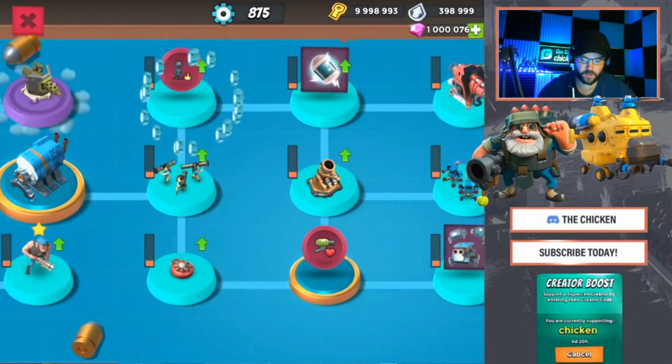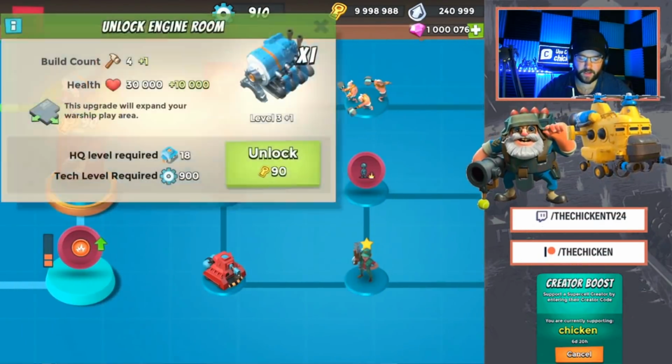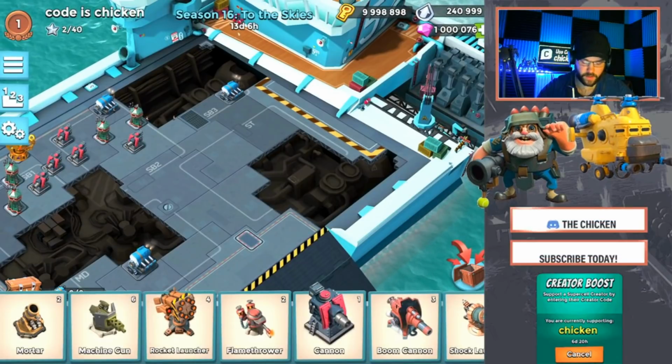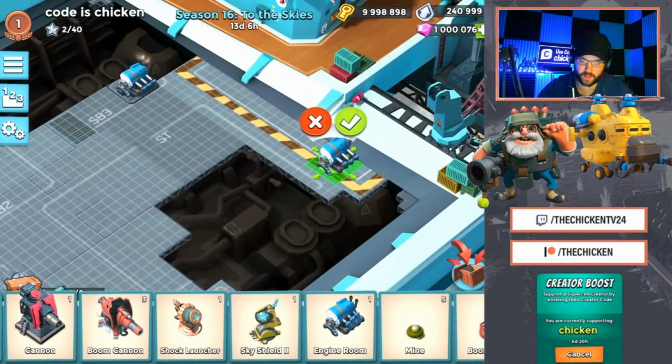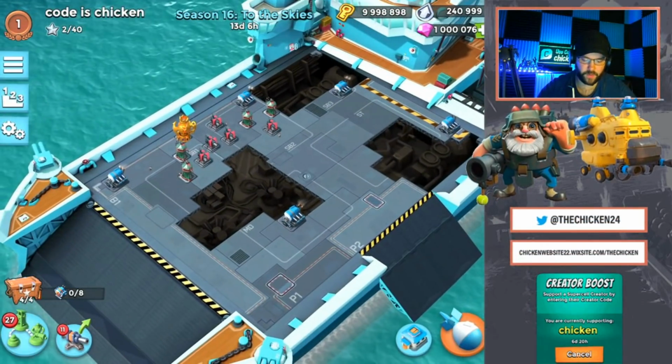875. Okay, we'll grab a couple machine guns. And 900. Alright, so there we go. So now we'll take a look at the next engine room. This is going to be 5 engines. And look at this. Okay, so this really opens up. Wow. Let's place this guy. So this is interesting. It's like a gap here. It looks like it's really going to be wide open for